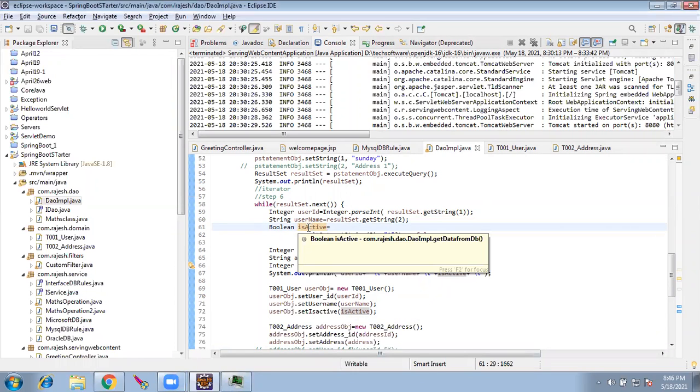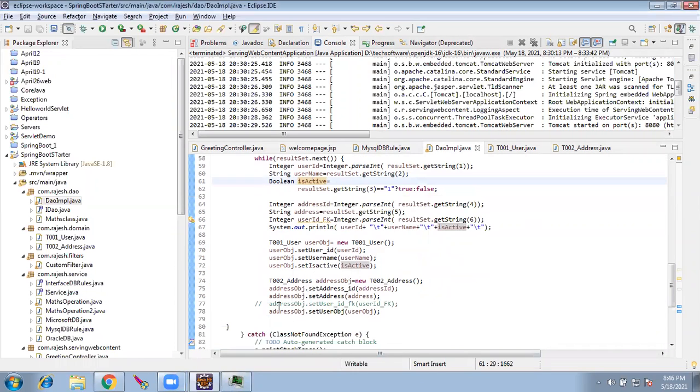Okay. So here, instead of setting the ID, we set the entire object. This object is going to contain the primary key ID. Anyhow, it is the same. We are just using the object oriented concept here. Instead of the individual data type of integer, we are dealing with objects now. So the address object will have its own attributes, address ID and address name, and the user object.